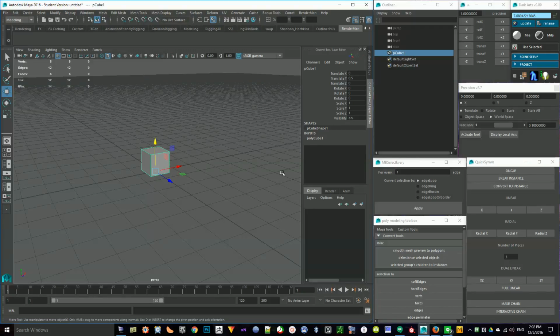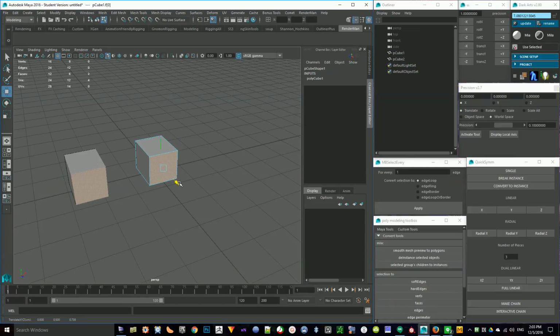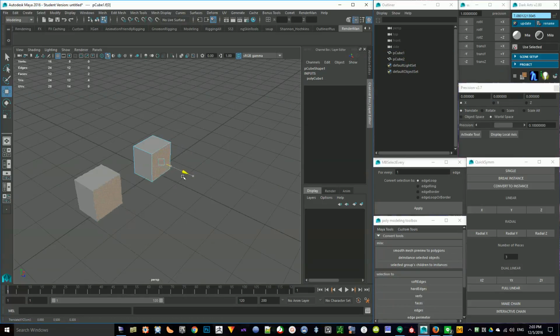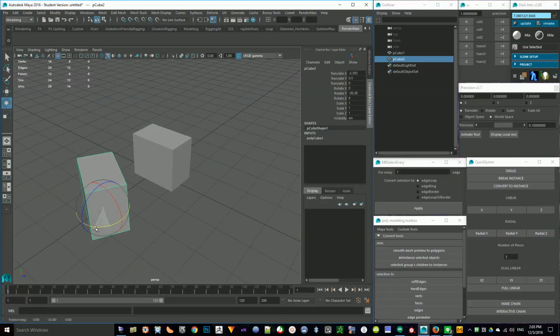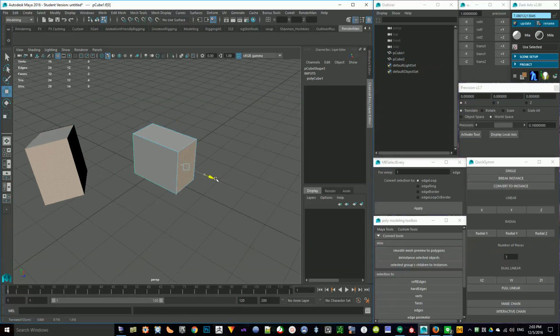Alright, so this is going to be a little quick demonstration of quickSym, and that's this panel in the bottom right here. I've got in the scene just a regular polygon cube, and if I click this first button, single, it's going to create an instance of that cube, right? Or of whatever object I've selected. So if I manipulate one, the other gets manipulated, and I can translate this, rotate it around, do whatever, and